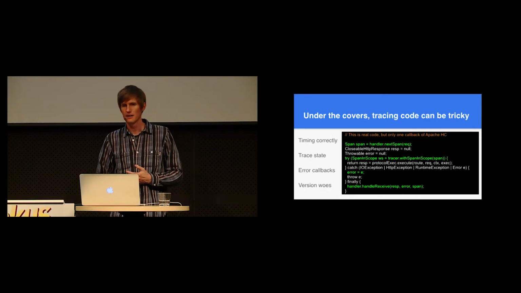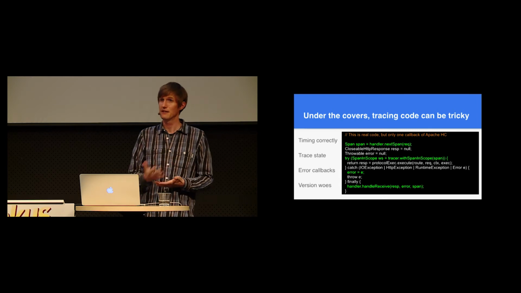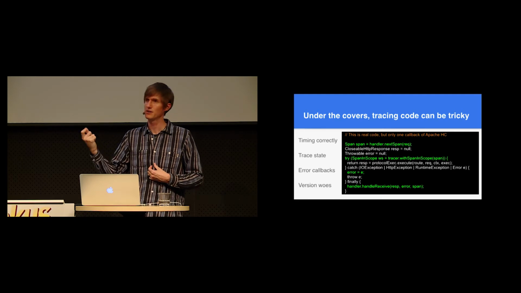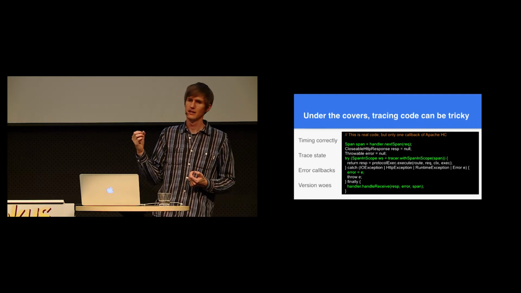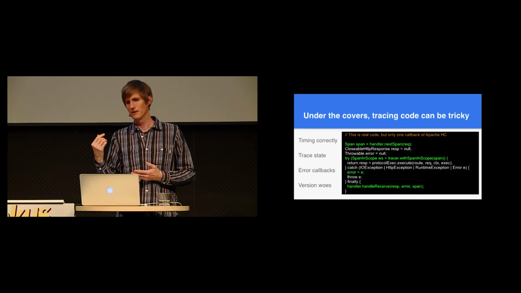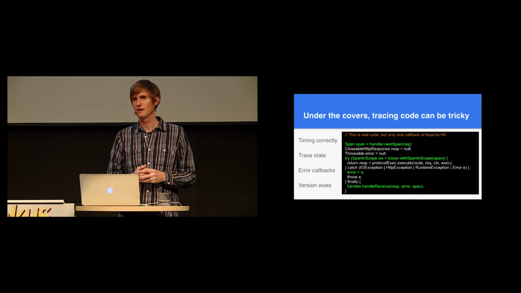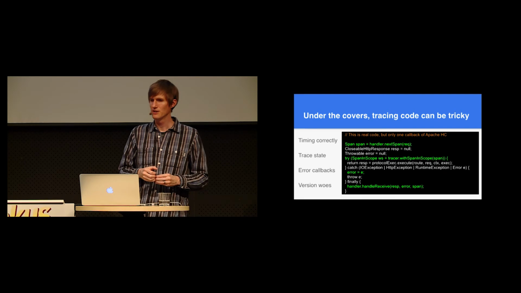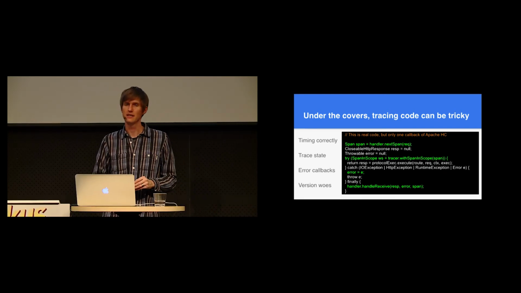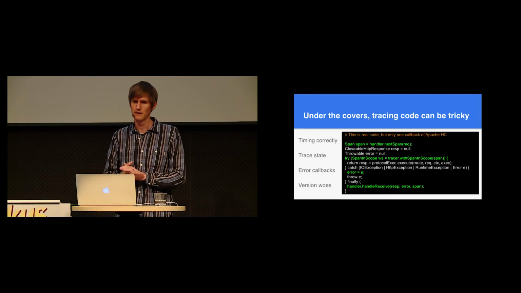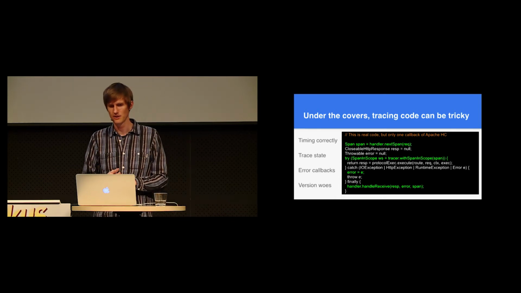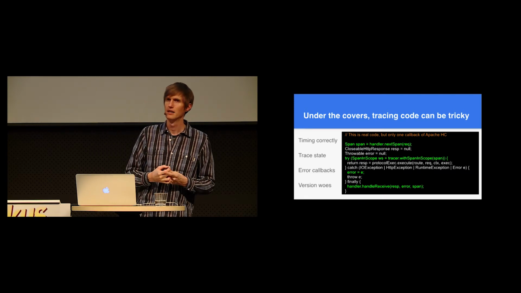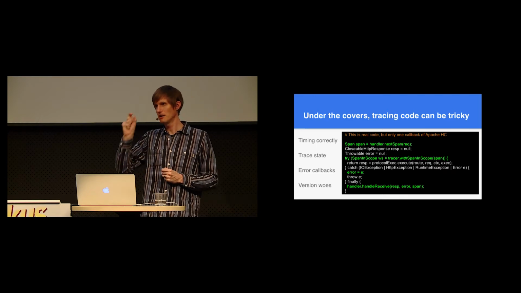The thing is that under the covers, this stuff can be tricky because it's stateful. It's stateful because we have to know where we are in the position of the trace at all times. It doesn't matter if you're using RxJava or a synchronous program, you need to always know where you are in this trace. The implicit responsibility is propagation, and that's one of the hardest parts of the implementation of tracing libraries and trace instrumentation. So not only are we talking about timing correctly, but we're talking about how to get this critical state moving around